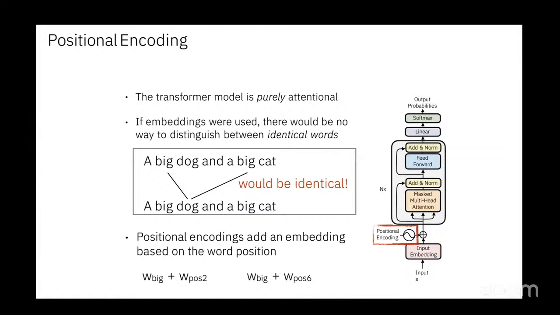But on average, a big dog will be way larger than a big cat. So I need to disambiguate between what big means in the dog's context and what big means in a cat's context. What we do is add some sort of value to the representation, assume I'm just adding a random number to the representation I'm calculating, so that I can disambiguate between big when it comes to a dog and big when it comes to a cat.